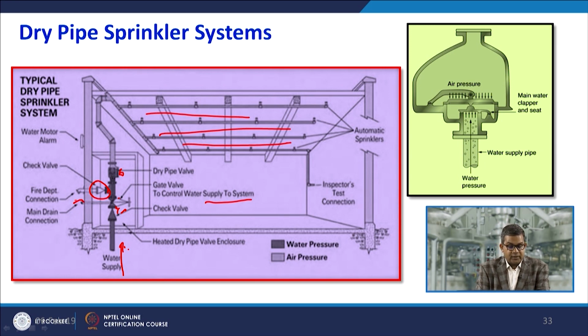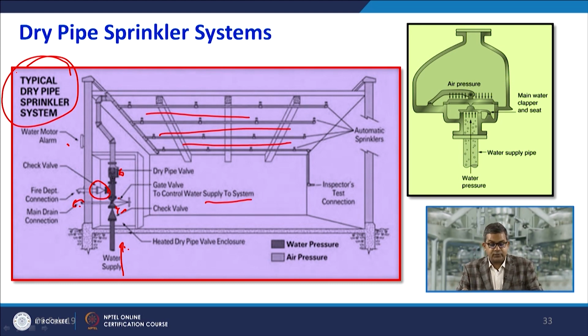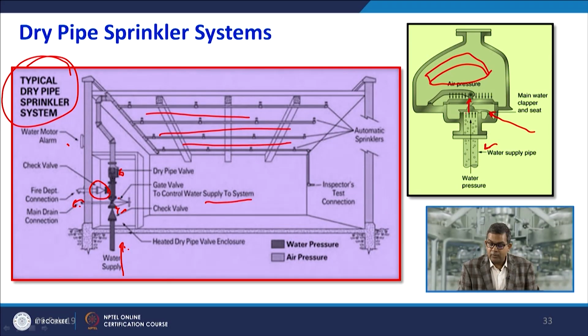This is the main drain connection, the check valve and a water motor. So this is a typical dry pipe sprinkler system, and here is the anatomy of a dry pipe sprinkler system. This is the water supply line, and this is actuated with the air pressure, the main water clapper and seat. In case of losing pressure, it automatically actuates, and this valve opens up to fill the water inside